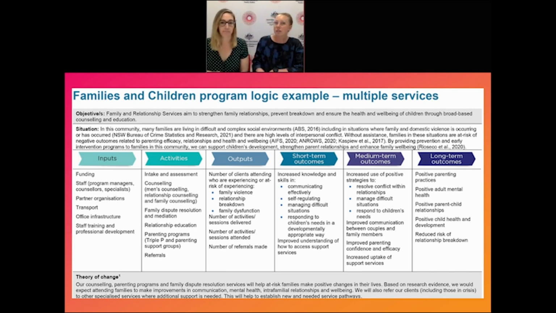Yeah. So you can also check that short, medium and long-term outcomes are actually logical and interconnected. The easiest way to do this is to trace your outcomes backwards. For instance, one of our long-term outcomes in this example is positive parenting practices. If we then look at the medium-term outcomes, you can see outcomes around parenting confidence and responding to children's needs. And in the short term, the focus is on increasing knowledge around communicating and responding to children in developmentally appropriate ways. So the outcomes develop over time, but they remain connected. And if you can't find these connections, you might need to go back and make some changes to your outcomes.